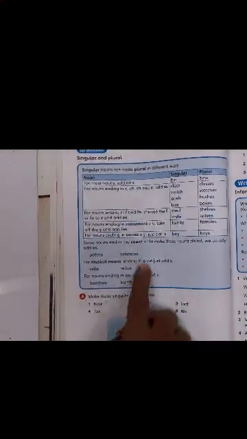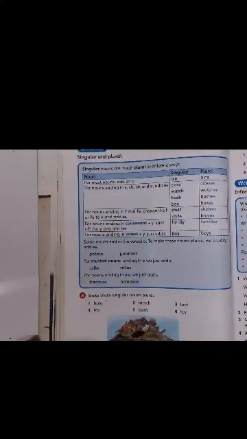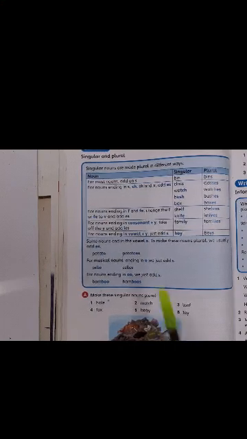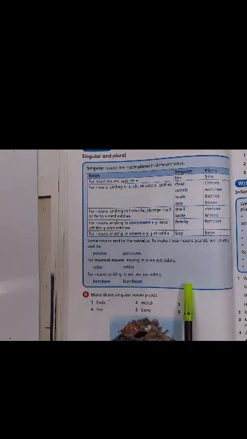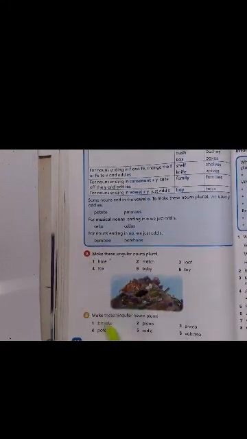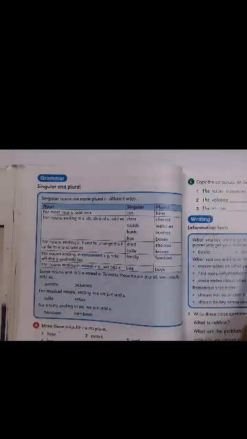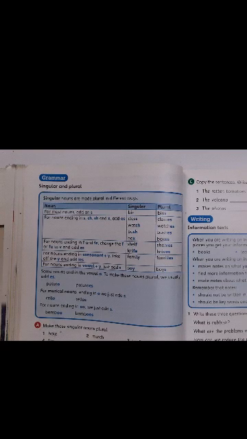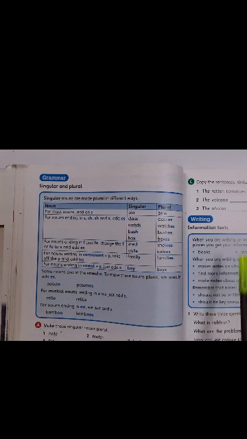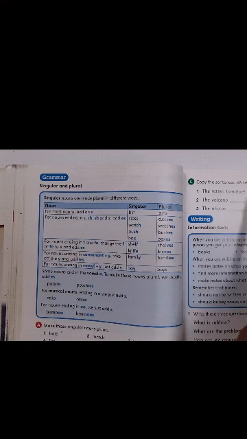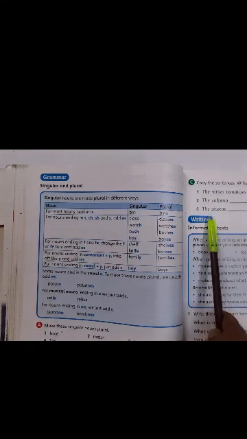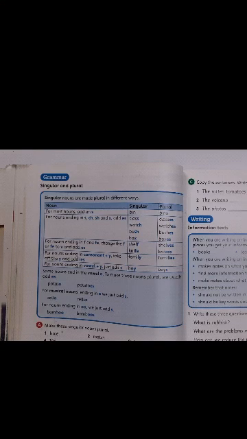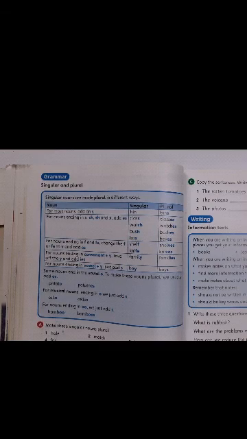Here also they have given us the rules. The same rules, children. I have written it for you just to make it easy. So please go through this information box. Then you are going to do A and B. After that, children, you will be doing C also. Now in C, remember that plural nouns take plural verbs. Now was and were are verbs. So if it is plural, you will have a plural verb. Right? So that's for your homework.